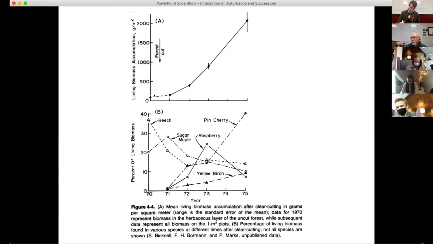After they stop suppressing vegetation, the total plant biomass goes up. But when you look at the individual species that are contributing to this plant biomass, at the very beginning of secondary succession, beech trees are the first ones to grow in, and then sugar maples are coming in, and then it takes a while for other species to come in. And you see that yellow birch is one of the slowest to colonize this new environment, and is increasing in total biomass relatively slowly, whereas beech begins to decline, and it's declining as sugar maple peaks, and then sugar maple declines as pin cherry and raspberry and these other things